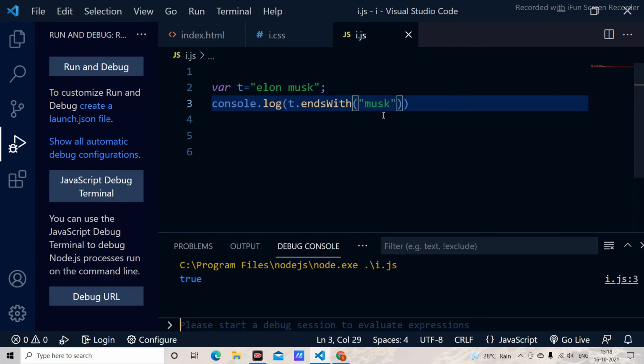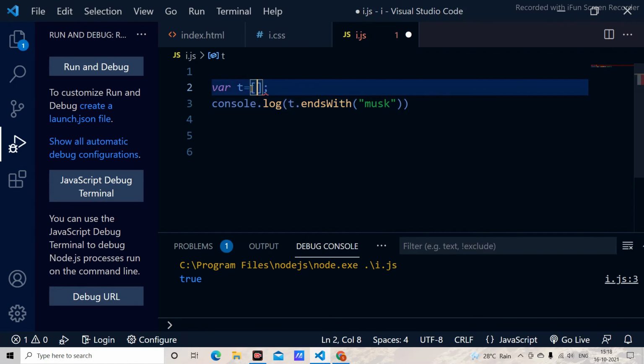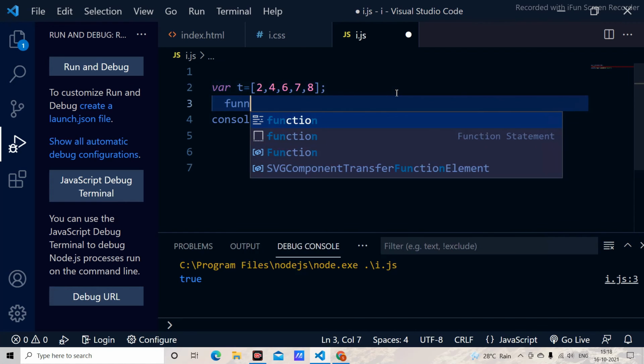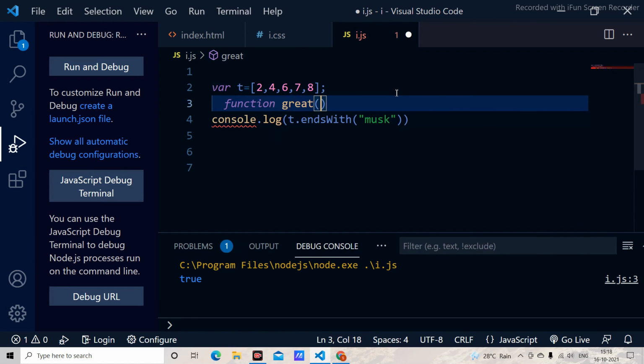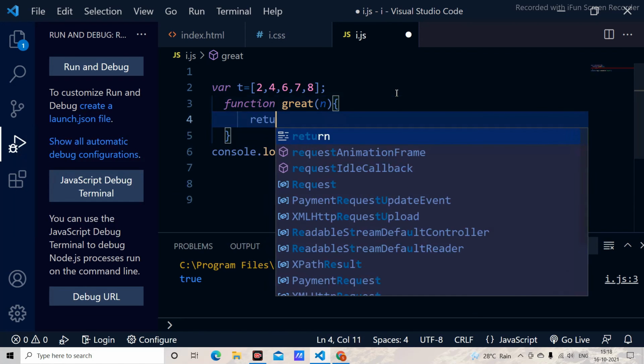And next we have the array methods. In the array methods we have a lot of things. First of all, I created an array 2, 4, 6, 8 successfully, and I just add a new function, greater, and it is going to take a value and return the value.